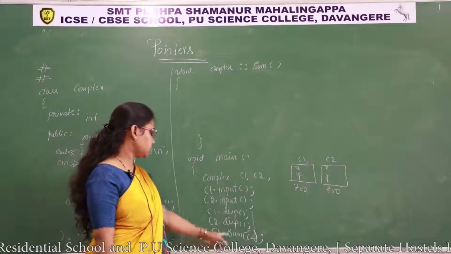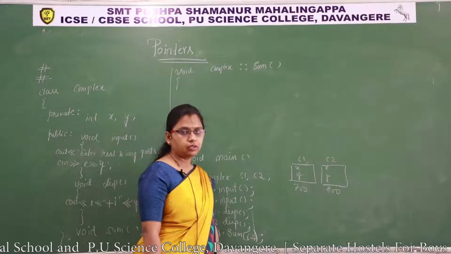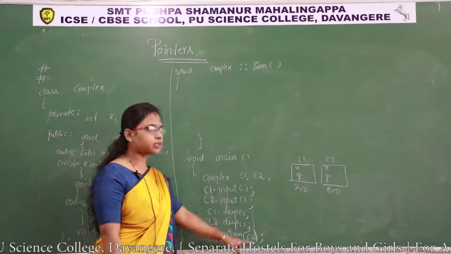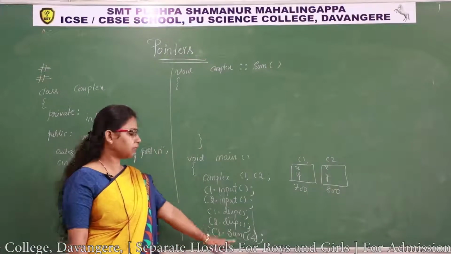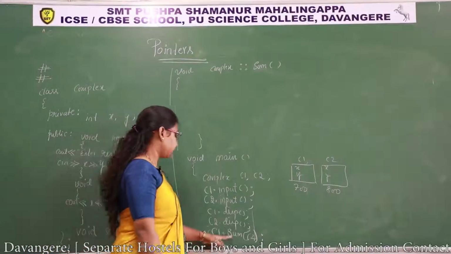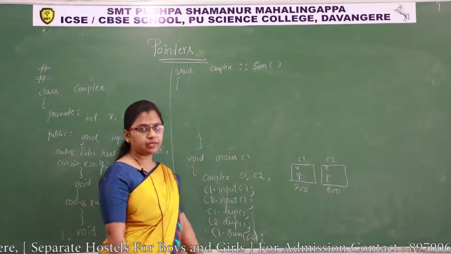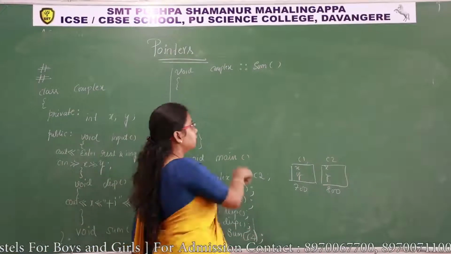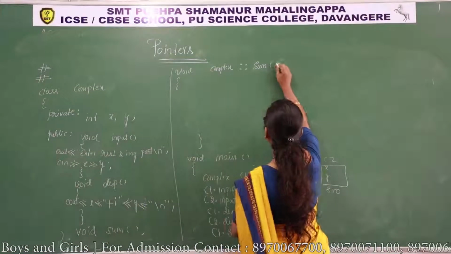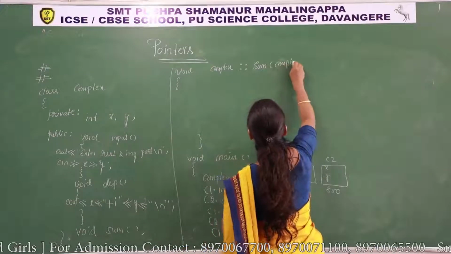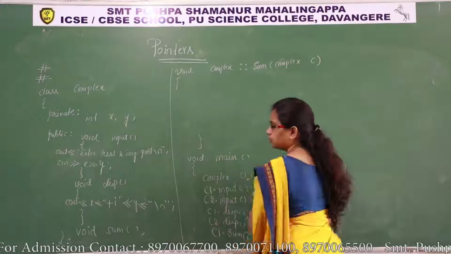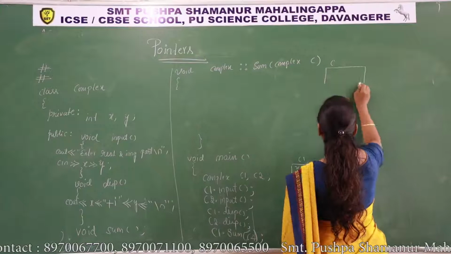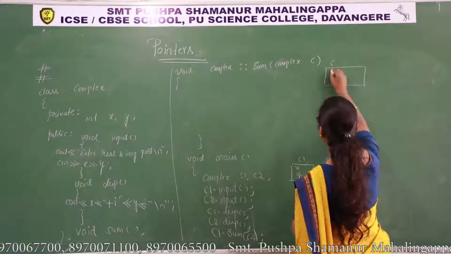You can call like this also, C2 dot sum of C1. From which object you are calling, the rest of the object has become the argument to that function. Okay. Now C2, what type of argument are you passing here? C2 is a complex type. To receive C2, we have to declare a formal argument, complex here. Complex C, I'll take C. When you create complex C, there is a memory for C. C is a complex type now, so it contains X and Y.